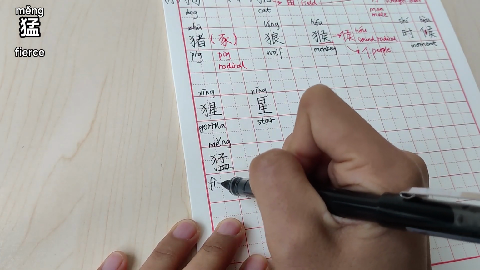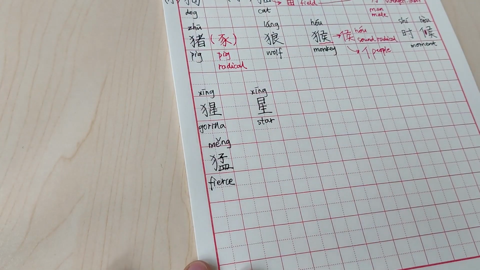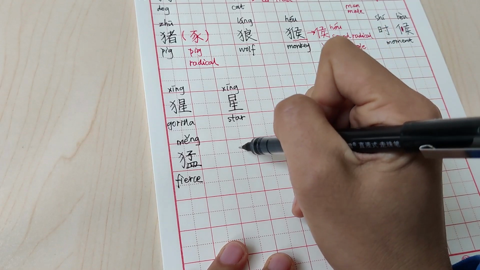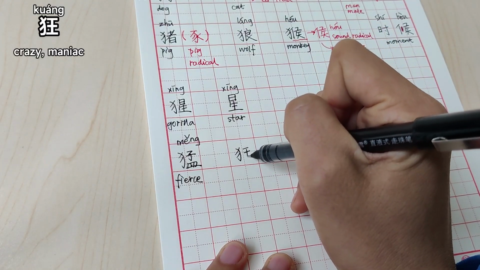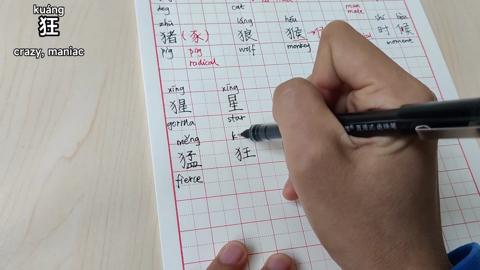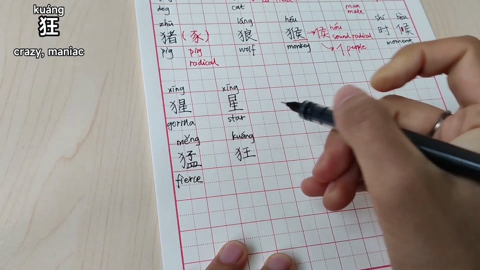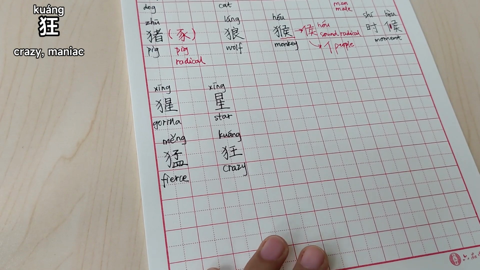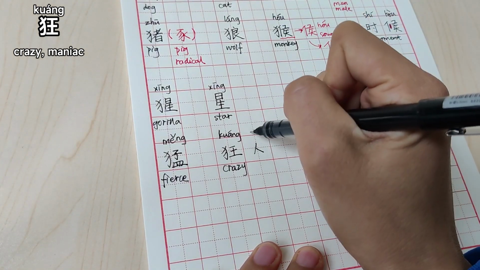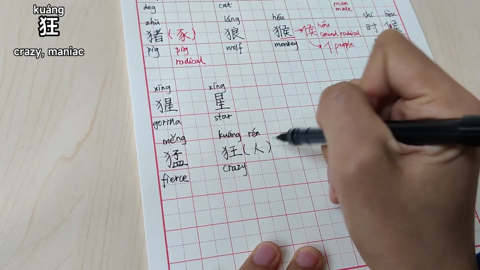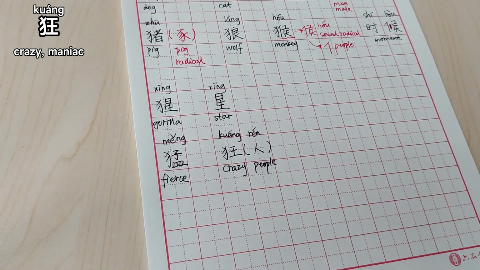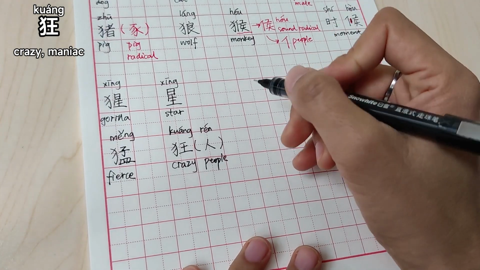Meng meaning fierce. Okay, and maybe sometime it will get a little bit crazy. And the next one is 狂. 狂 meaning crazy. So if we say 狂人, that would be just crazy people. If you say, ugh, I'm going crazy, I'm losing my mind, and that could be